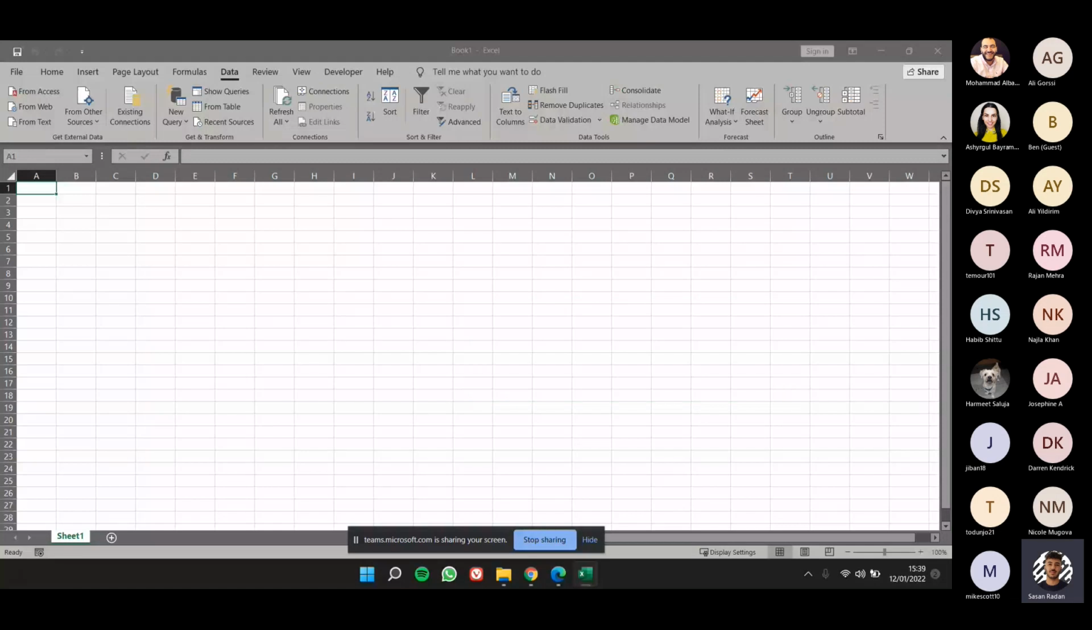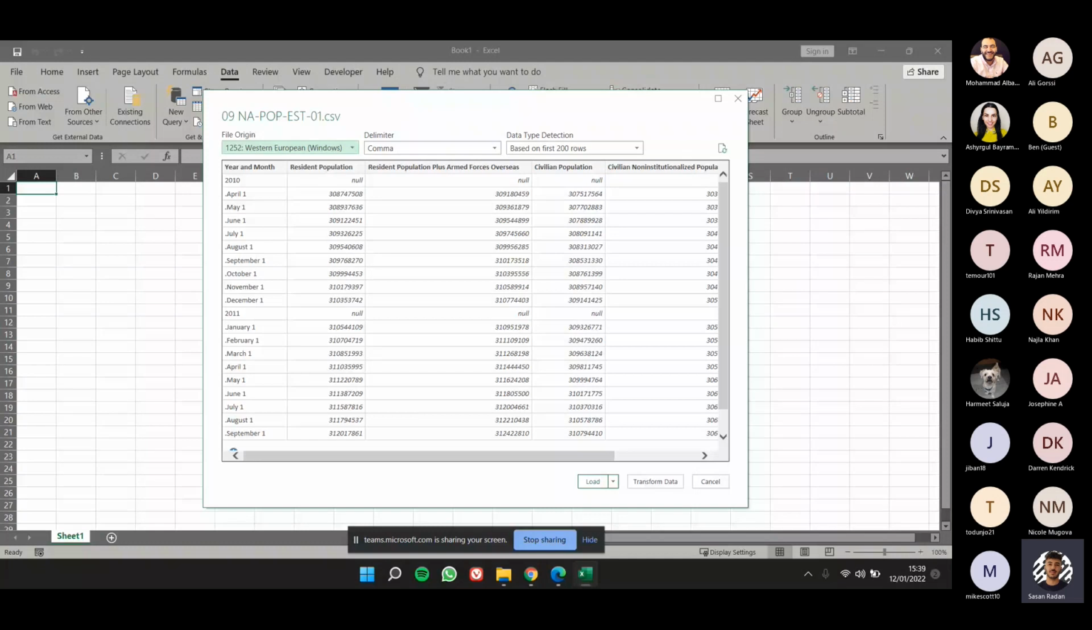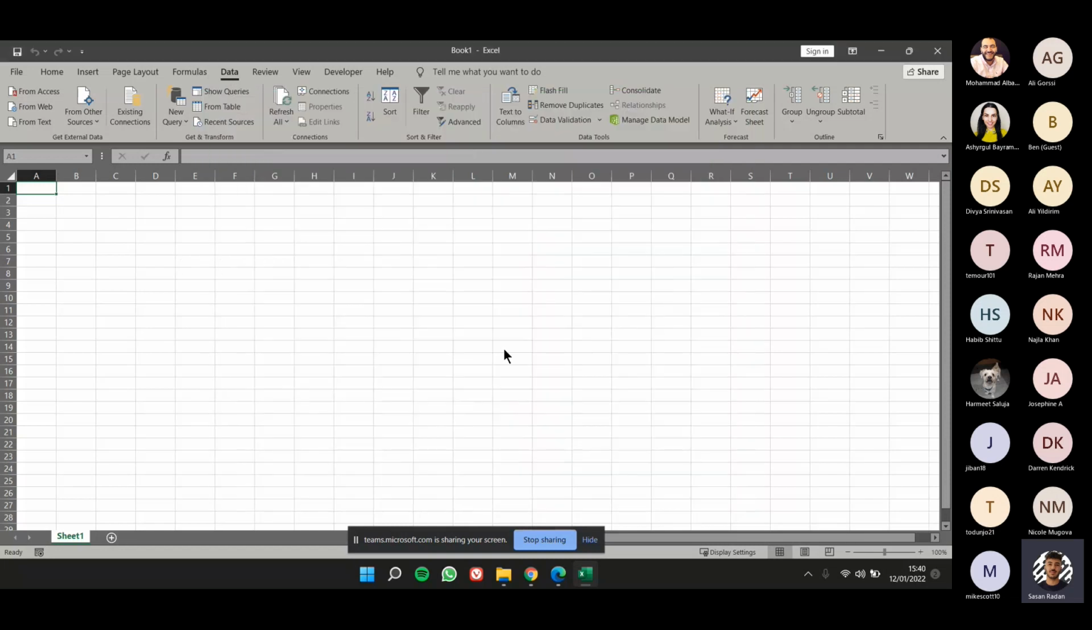It might take a few seconds to import. Excel analyzes the structure of the import file and displays a window, which you can see here, with import settings applied to the data. Ensure that the delimiter setting at the top of the window displays comma. If necessary, choose comma from the delimiter drop-down list. So here is the CSV file that we're going to import, and to import it into our workbook, we can simply click Load,